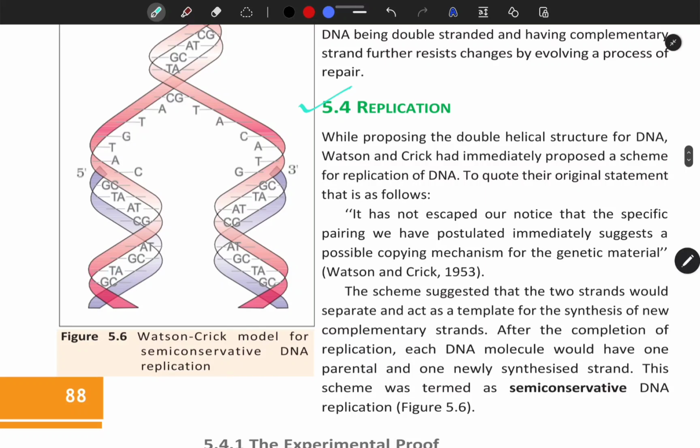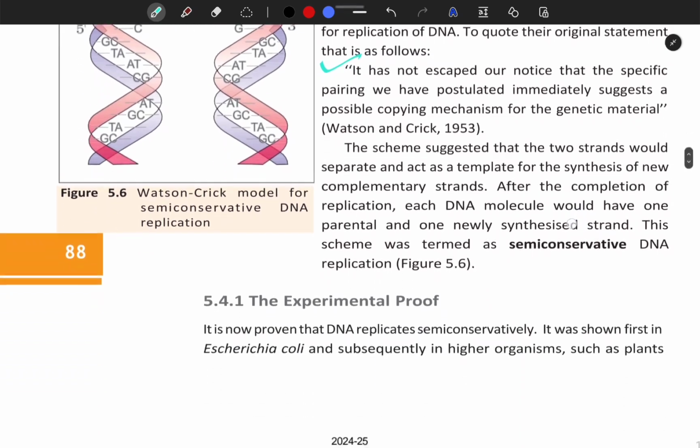5.4 Replication. While proposing the double helical structure of DNA, Watson and Crick had immediately proposed a scheme for replication of DNA. To quote their original statement: "It has not escaped our notice that the specific pairing we have postulated immediately suggests a possible copying mechanism for the genetic material," stated by Watson and Crick in